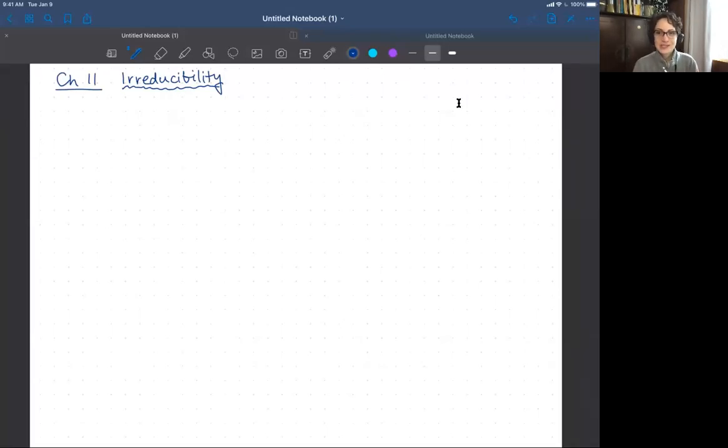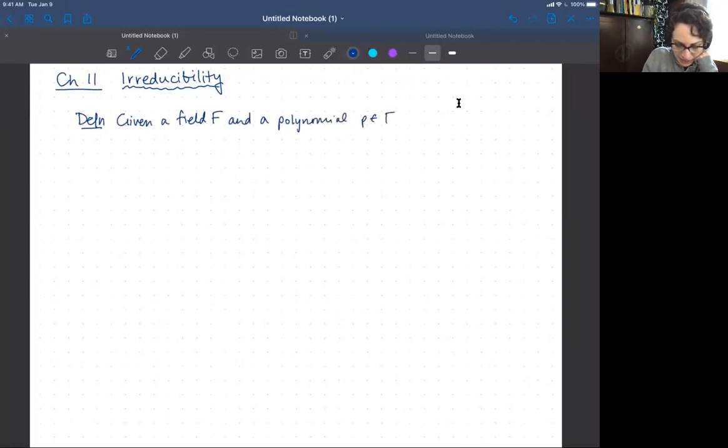Hey friends, I want to talk today about irreducibility, which is chapter 11 in the book that we're following. And I want to start by remembering some things that we know about irreducibility. We are starting in a polynomial ring. So given a field F and a polynomial P in F bracket X,